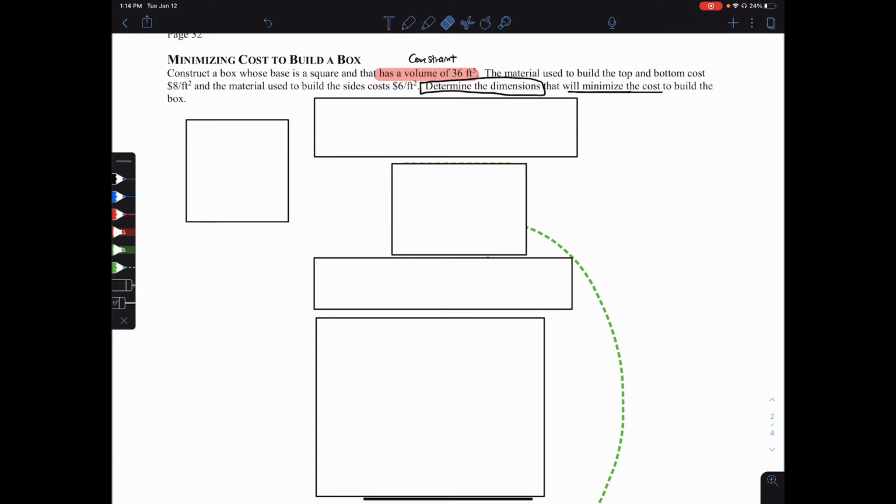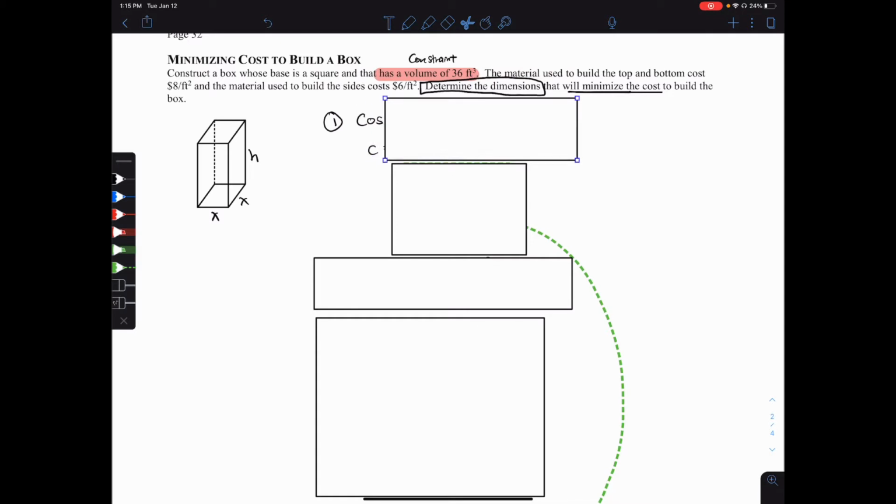So let's draw a box first. It says that its base is square, so they have the same dimensions. I'm calling those x, and I'm going to call the height h. We need an equation that represents the cost. So c of x, or c, is going to equal